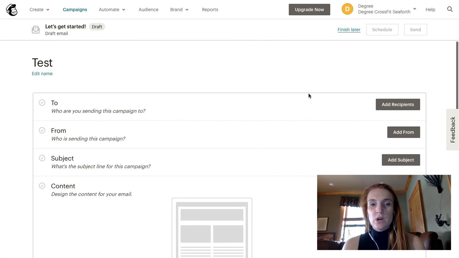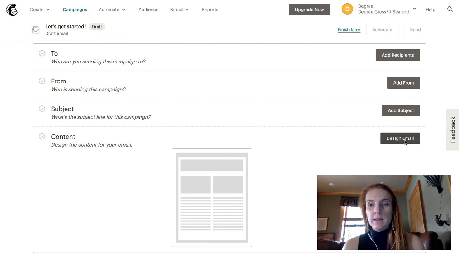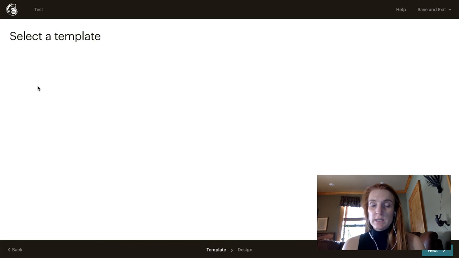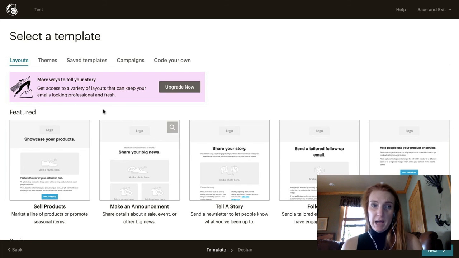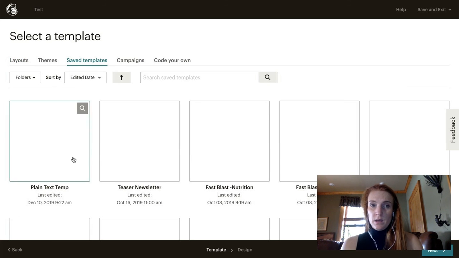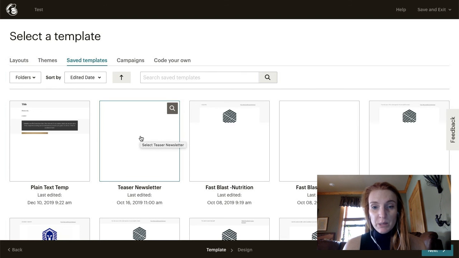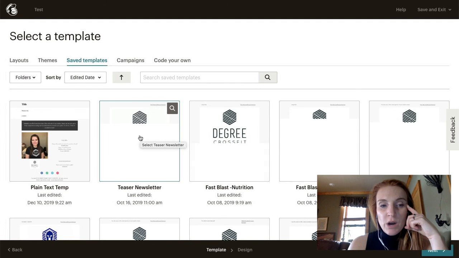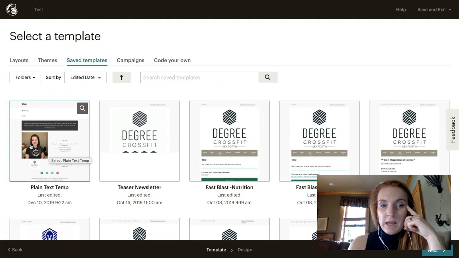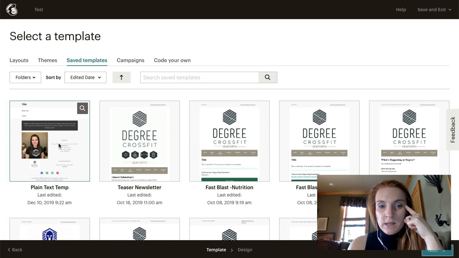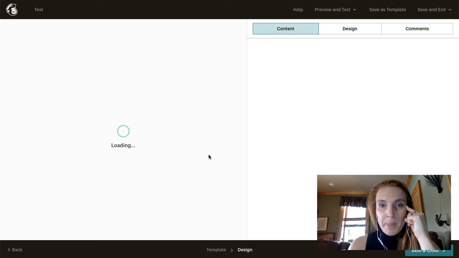And this is where we choose all the stuff that goes in here. We can design the email here, and you can select a template that you've made in the past to use. The reason you're going to want a template is because you're going to want to pre-populate your logo. You can see that Kelly's got her image in here. So if we take a look at this template here,